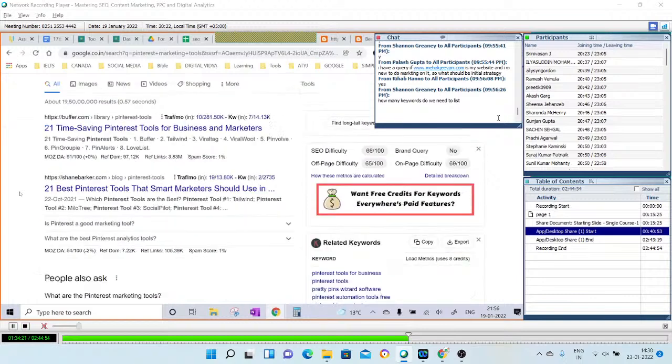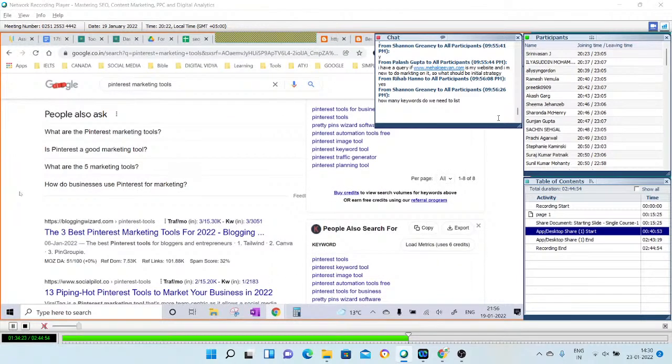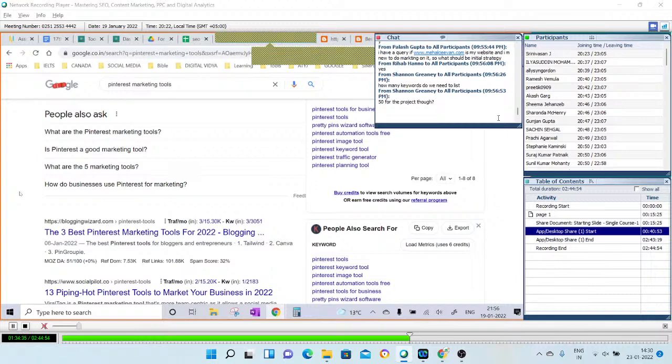So it is going to be an ongoing exercise. Once you start into SEO, once you start into social media, keyword finding and hashtag finding is ongoing. You need to keep finding what is in trend, what is changing, what is in demand, what is in search. For the project, I think you just need to go for 20, 30, 40. That's okay. If you are not getting many options, you can go for 20, 30.